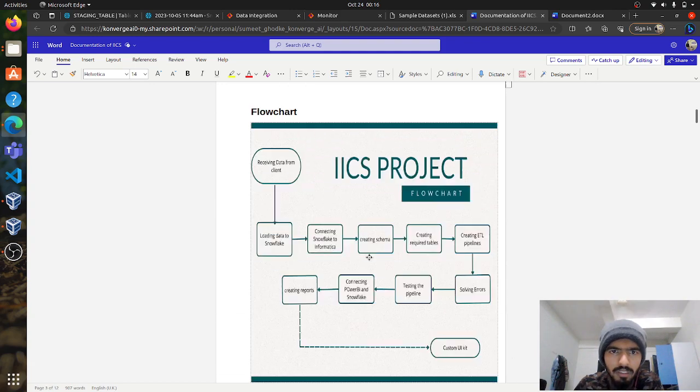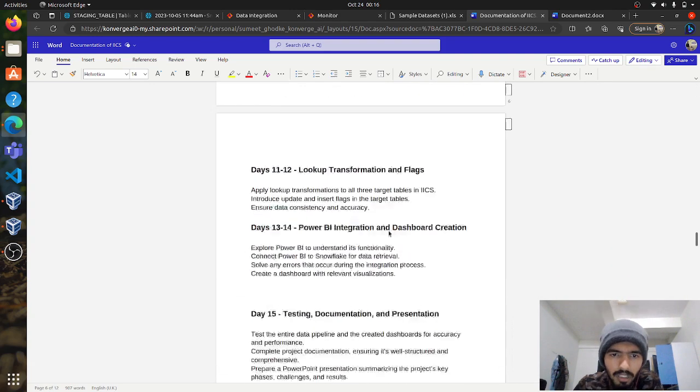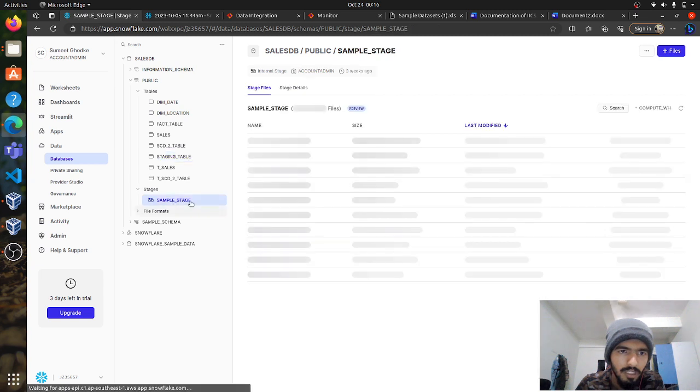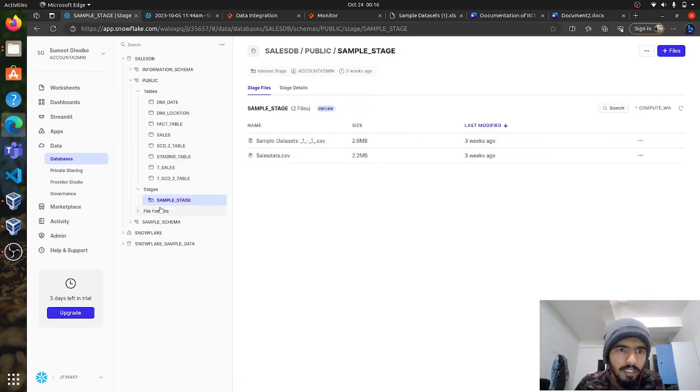There were many challenges where I didn't know the solution. I am telling this because if you are facing the same challenge, you can solve it, such as uploading data to Snowflake via Stage. You can't directly upload any text file or CSV file from your local storage to Snowflake, so you need to do it via a Stage. In my database I have created the Stage here. These are both the same data set, nothing is different. This is the Stage that I have created, and here I also have documentation.